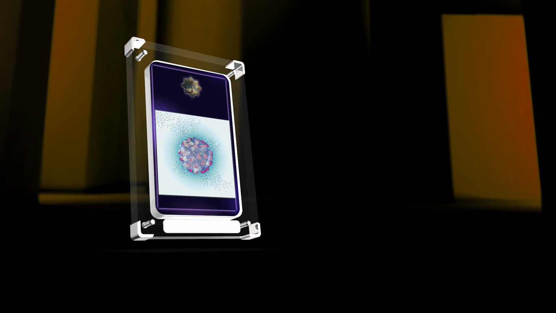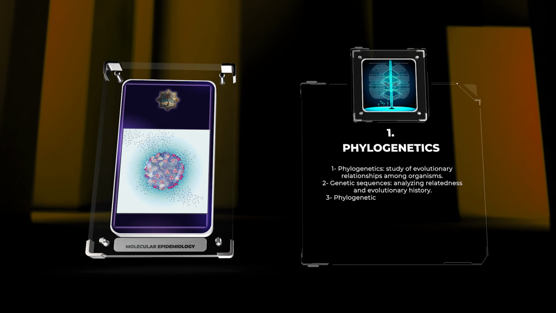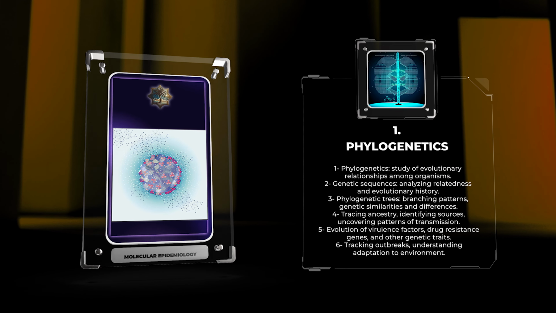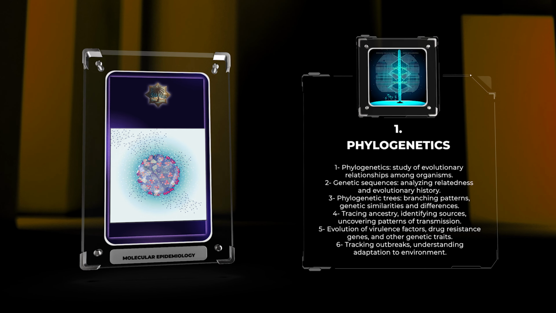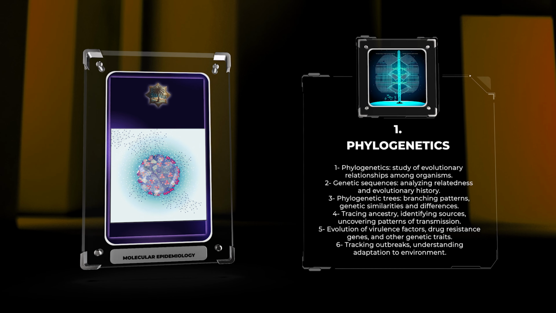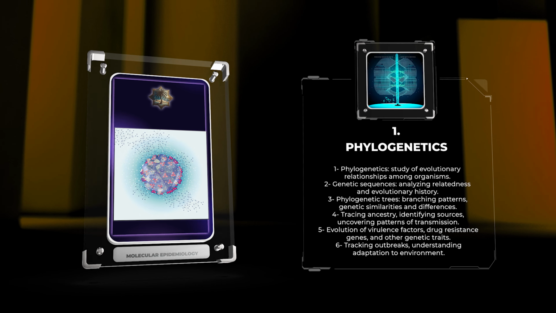Phylogenetics is the study of the evolutionary relationships among organisms. In the context of infectious agents, it involves analyzing their genetic sequences to determine their relatedness and evolutionary history. This is done through techniques such as phylogenetic trees, which depict the branching patterns of pathogens based on their genetic